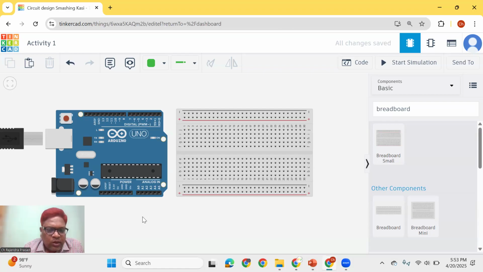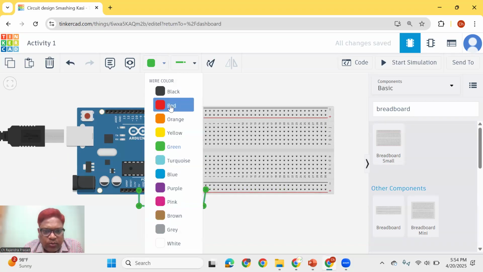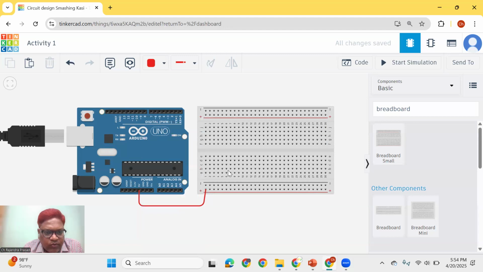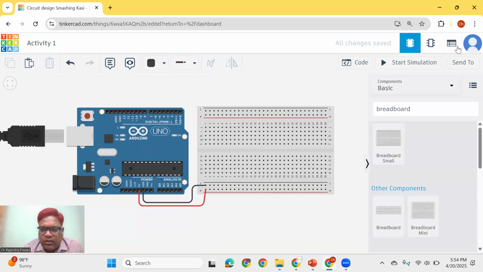So first, in order to make the connections, we require 5 volts multiple times. That's why normally you provide one VCC on the breadboard. That means this line now becomes 5 volts on the breadboard. Similarly, I am connecting one more wire to the negative terminal. This negative terminal now behaves as ground, meaning 0 volts. And then, as per our requirement,